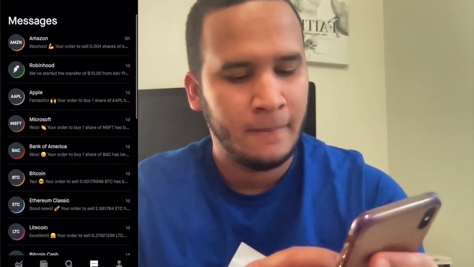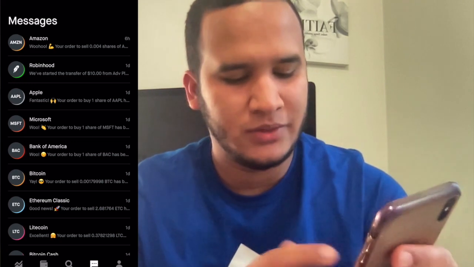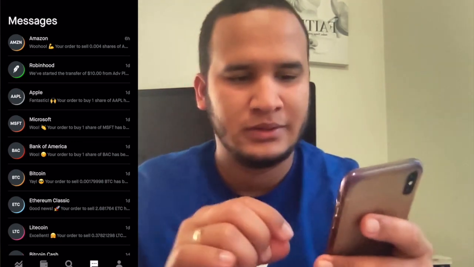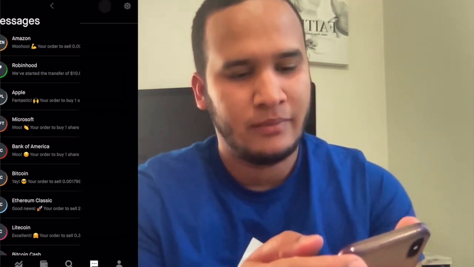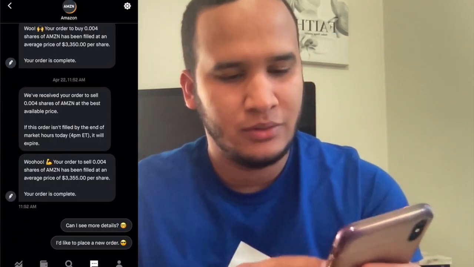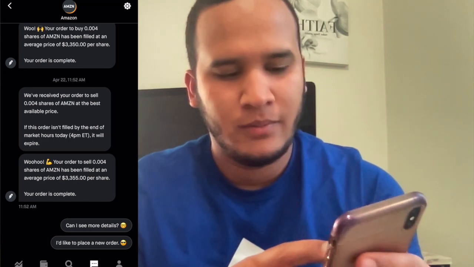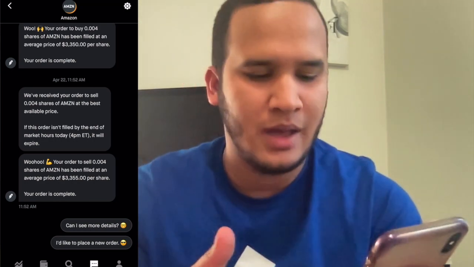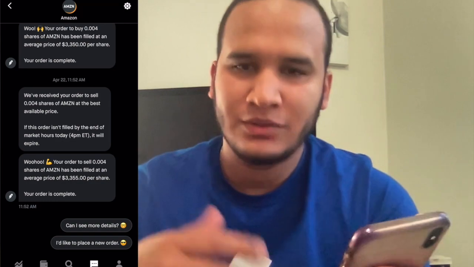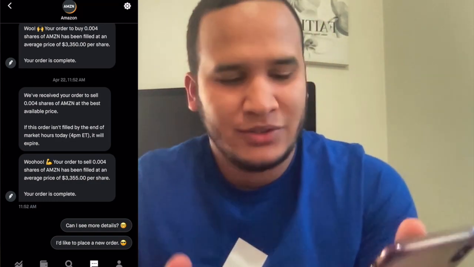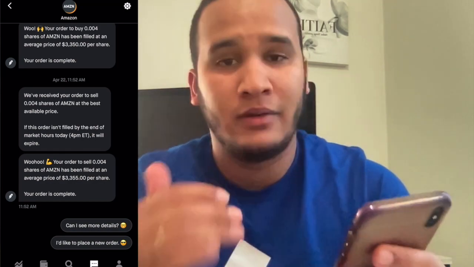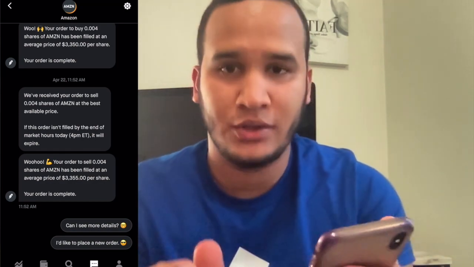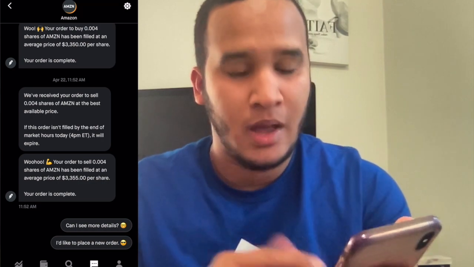It's similar to the cash. And here you have recent transactions, but it's going to show you a small message for anything, and it might have more details. Like for example, I click on Amazon, it's going to show you that you bought this amount of stock. I just bought 0.004 of Amazon, which is not a lot. We're just testing if I could buy a small portion of it. That's something that's allowed on Robinhood as well. You can buy a small portion of a stock, because one Amazon share is worth